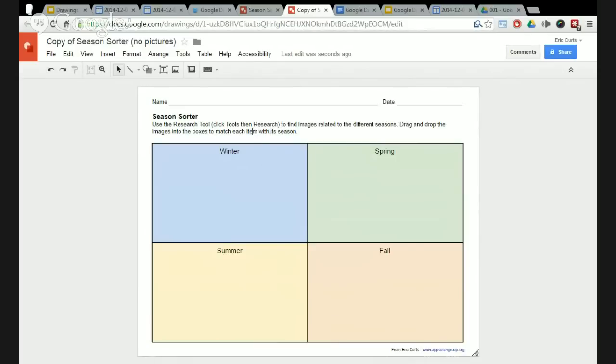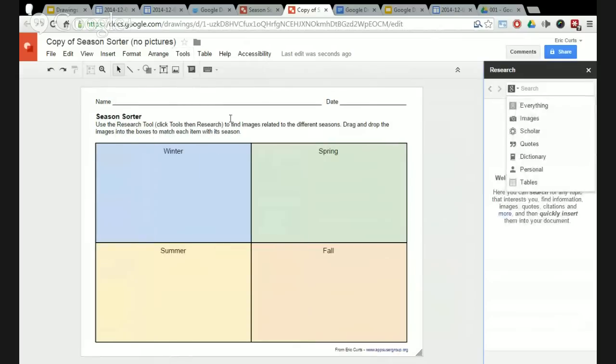But to get the pictures, I'm being instructed to use the research tool, which means to click on Tools and then click on Research. And what that does is it opens up a panel on the right-hand side where students can look up things including web pages and quotes and scholarly articles, dictionary definitions, but also images. So this is a fantastic way for students to be able to find pictures to then drag and drop into